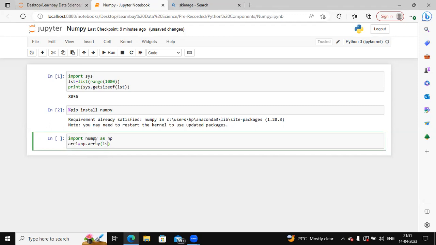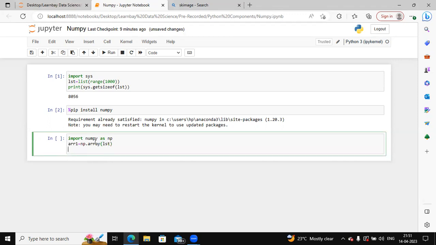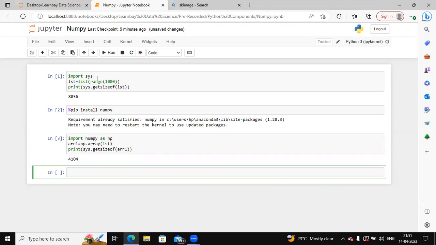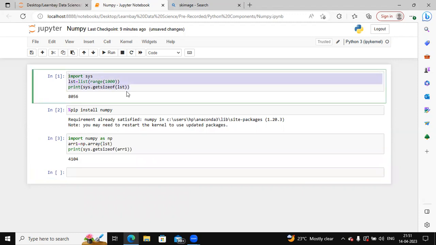So np dot array of lst. Okay, now check the size the array takes. Okay, so you see here in this code, the list is occupying huge space,